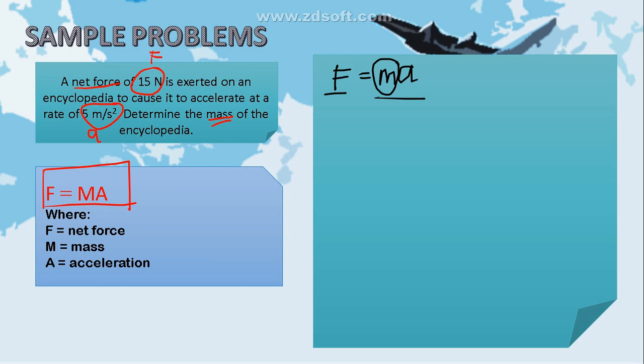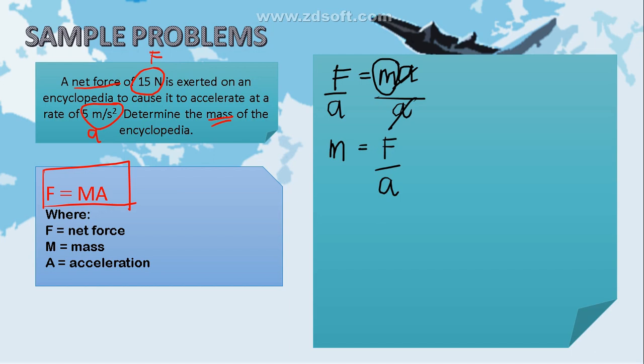So, you need to divide both sides by A, the acceleration. So, cancel A on the right side. So, your formula will then be mass is equal to force over acceleration. Okay, so this is it. Okay, since the mass variable is isolated now,